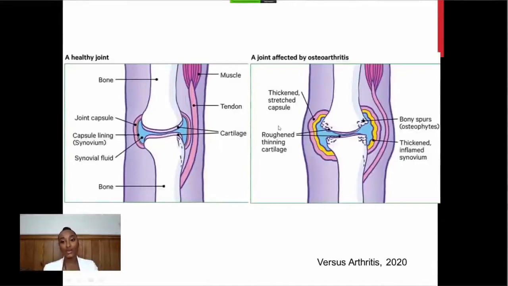But if you do develop osteoarthritis, the joint then changes. The main change that we see is that hyaline cartilage starts to get a bit thinner, the edges start to get a bit rougher, so the bony surfaces might get a little bit more rough. You can see here that it says there are some bony spurs that sometimes develop. These are called osteophytes, and that's what an X-ray would look like. If you have osteoarthritis, you might see that those changes have started to happen. The bone ends get a little bit whiter.